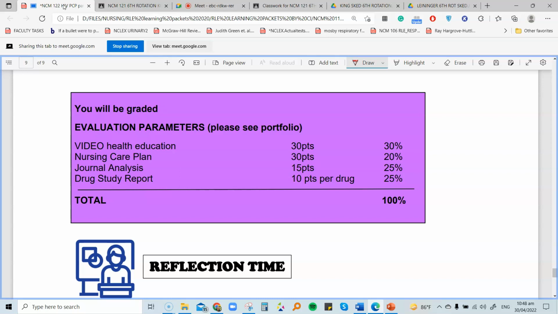Those are guide questions only, right? Now, if you can provide more in-depth analysis, because this is analysis, the guide questions are there to help you phrase your sentences well, and also to provide you a guide on how you might be able to analyze your article. So, technically, do not just limit yourself to answering those guide questions. You could also place inputs, what you understand with the article.